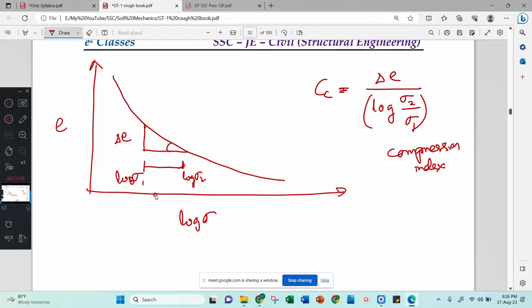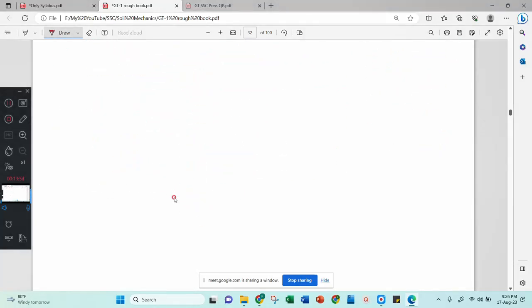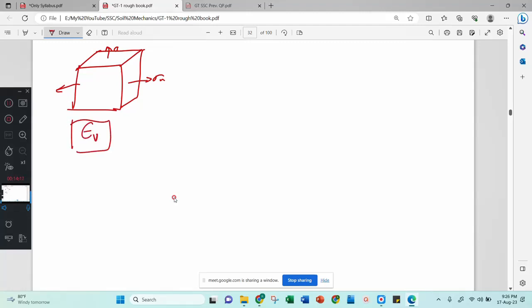Right? Now we will go to strength of materials. In strength of materials we have studied the bulk modulus. Bulk modulus means what? When you have three-dimensional forces, sigma x, sigma y, sigma z, then there will be a volumetric change. That is, volumetric strain will appear. Change in volume is appearing means what? The material is a compressible material.